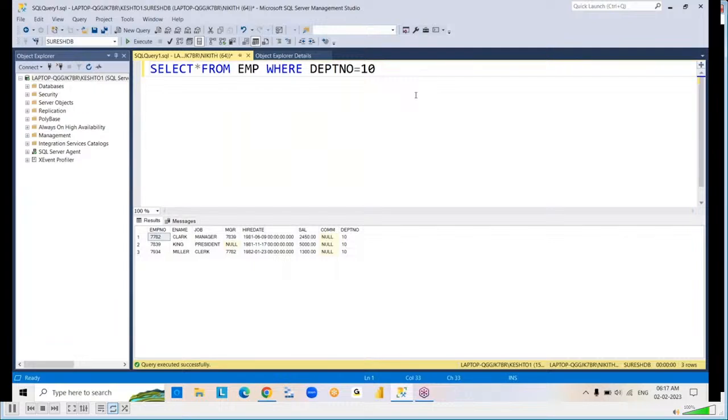Coming to data, rows, you are writing a condition, the where condition. So when you write a condition, what happens? It retrieves only the condition-satisfied data. Okay. Now,